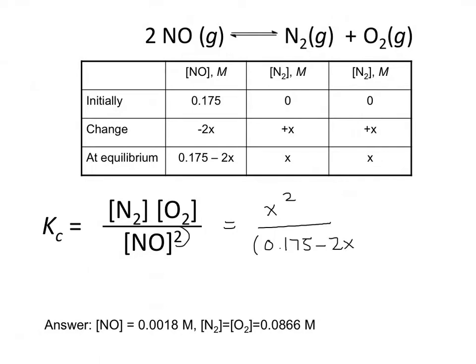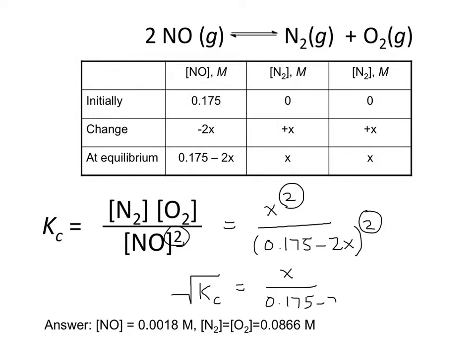And because that quantity is squared in the denominator, I would square that concentration value. And notice again that I have a squared term in both the numerator and the denominator. So I can simplify this expression by taking the square root of the equilibrium constant, which will then be equal to x divided by